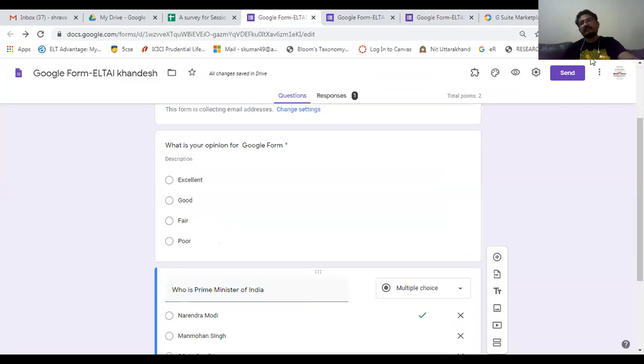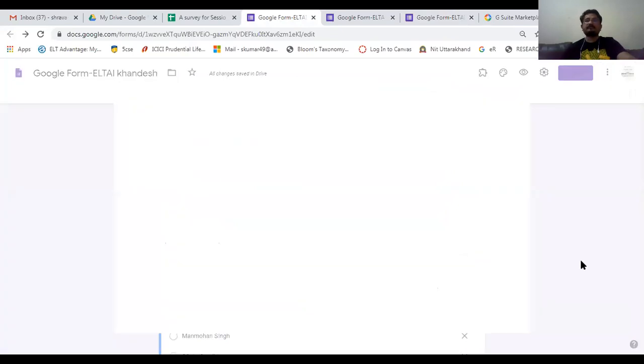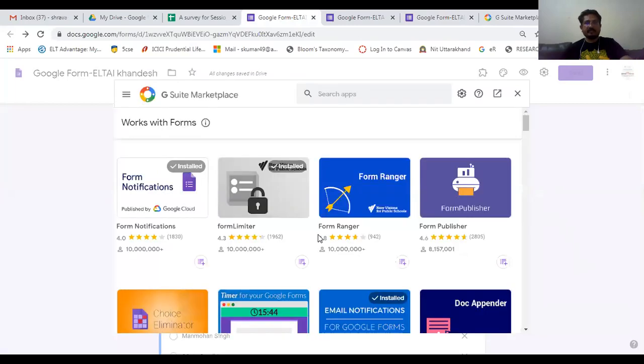See, these 3 dots you can see. Click on this, and once you click on it, you will find add-ons options. Clear? Click on add-ons options. And just a minute. You will see this type of window.